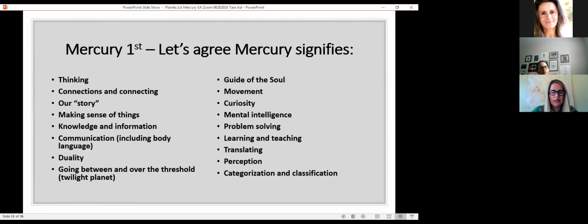I mean, really sit with that and feel the important role that Mercury has as the guide of your soul in your life. You know, to help you move from one place to another, whether it's just your attention or whether it's physically from one location to another. Spiritually, emotionally, Mercury is that guide. Also, movement, curiosity, mental intelligence, problem solving, learning, teaching, translating, perception, and categorizing, classification. There are more. This is just to get us going.